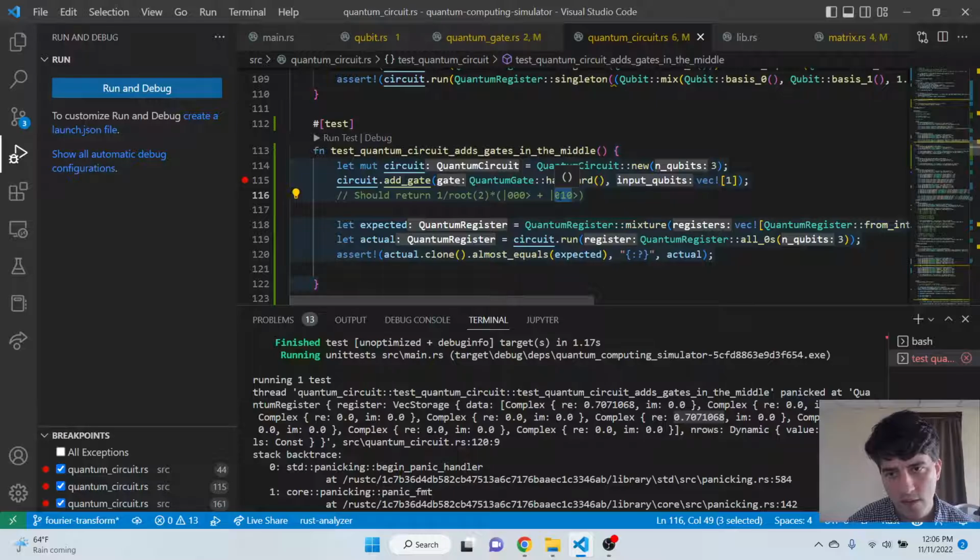And why is that what we want? It's because those are the two. It's because that's the difference between the first input qubit being flipped and not. That's why. So the two that get flipped should be